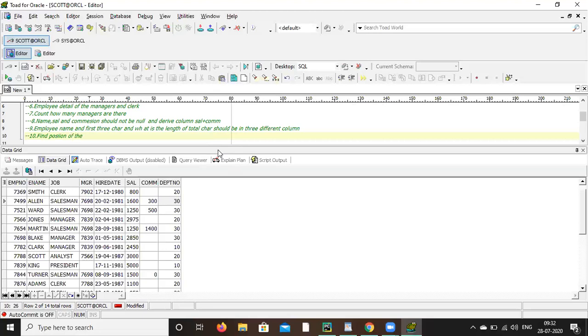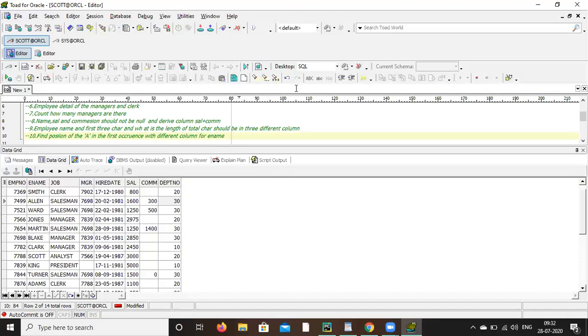So you should have the name column and the position of the first A, for employee name. Okay, now that's it. 10 is done.